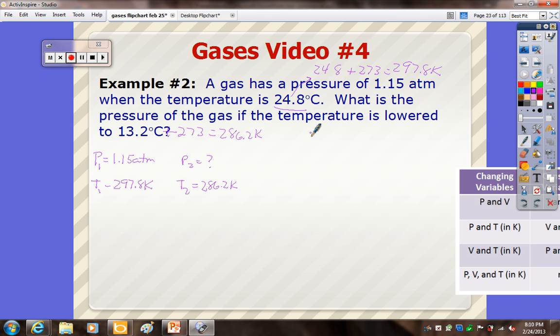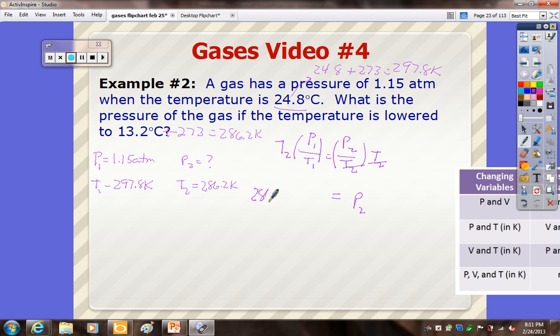P1 over T1 equals P2 over T2. Now I'm solving for P2, so let's move the T2 over to the other side, which means multiplying both sides by T2. By doing so, my T2's cancel and I get P2 by itself. So P2 is equal to, now T2 is 286.2, I'm going to plug that in,